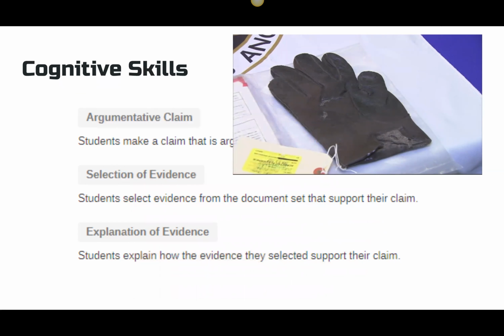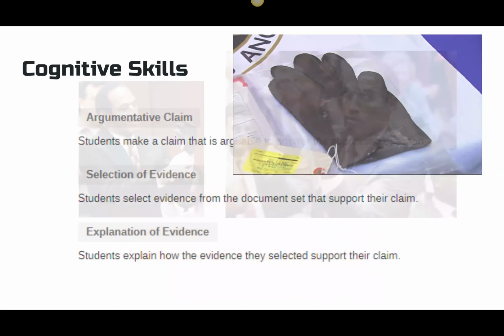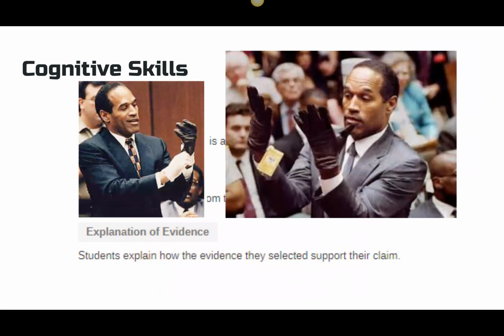What's important is he has to explain why that glove proves that O.J. Simpson is not guilty. So that's what he did. He tried to say, whoever committed murder at that house and left that glove, the glove would have to fit that person. So he brings out that particular glove, and he has O.J. Simpson try it on in the midst of the trial, and shows that it didn't fit O.J. Simpson's hand, or, I mean, that's what they kind of said happened. So he shows that the glove doesn't fit. So that's his explanation of that evidence.